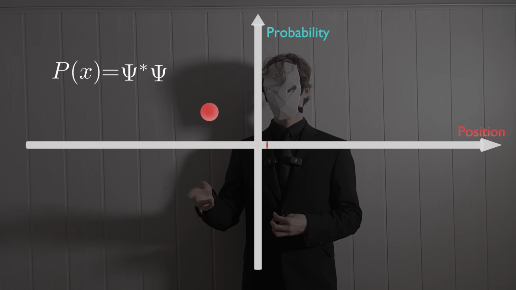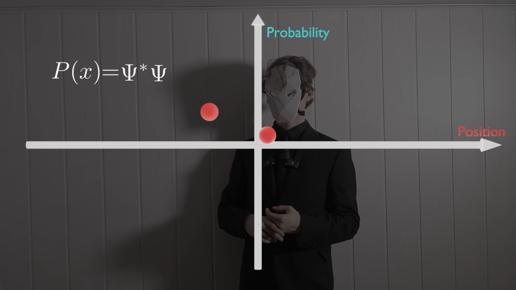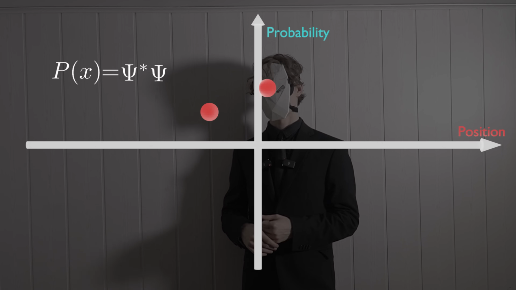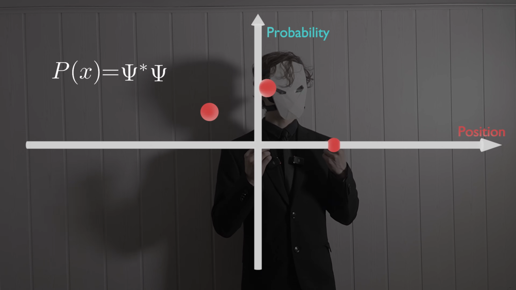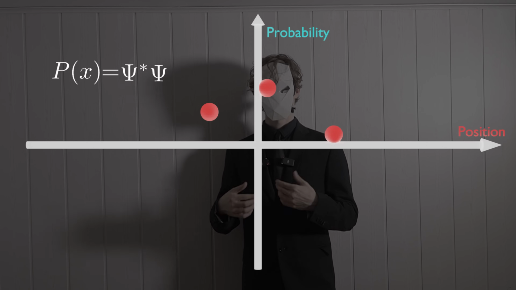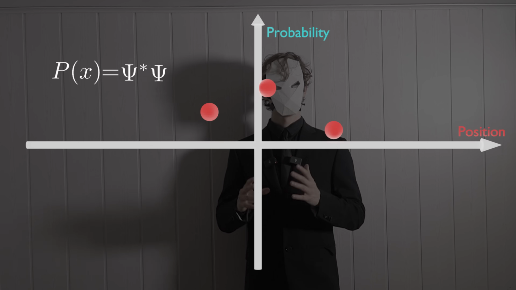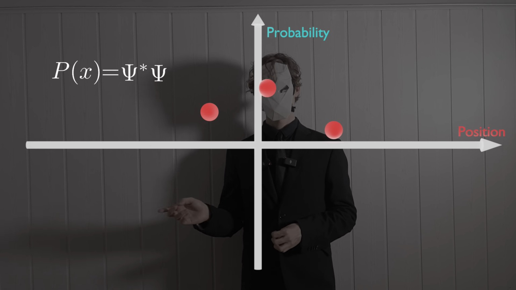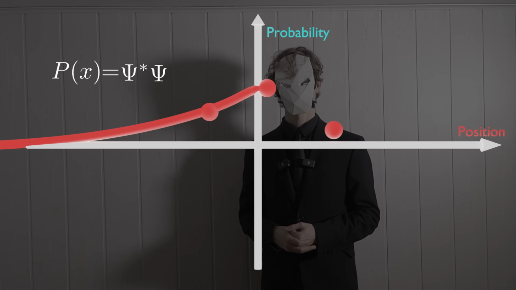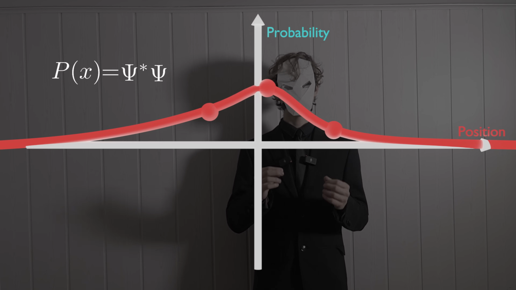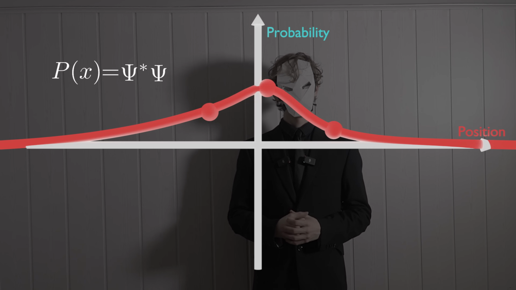We take another one, we do this exact same thing, and we see, oh my goodness, the particle has a 33% chance of being in that position. We sample another position, we input it into the function, we get the output, and wow, the particle has a 10% chance of being in that position. That's how it works. Once again, we can connect the line, just like in the probability segment, and get this: the function describing the probability of being in any single place.